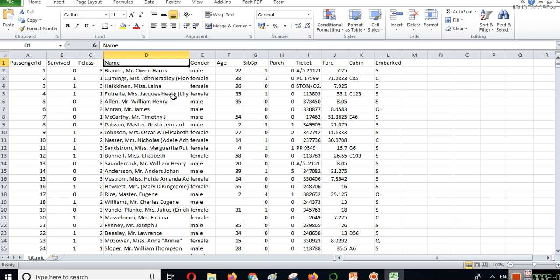So here you can see we have survived, passenger class, gender, and age. These are a few things that you have to consider in this type of analysis. You can get this data set from kaggle.com. I have introduced kaggle.com in previous videos also. So let's load this data in our data frame first, and then proceed with the application of the cross-tab method.